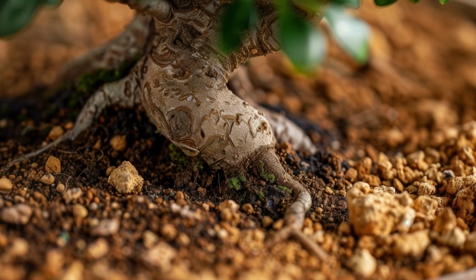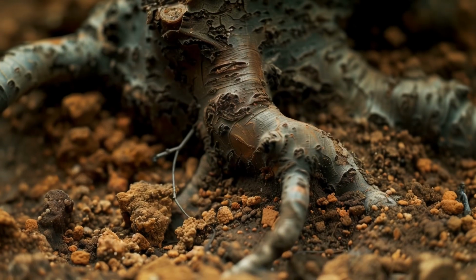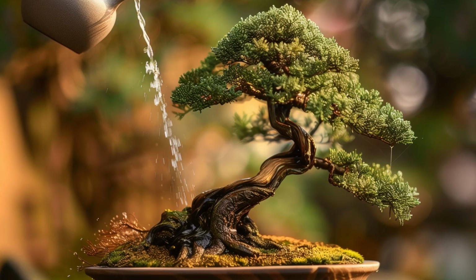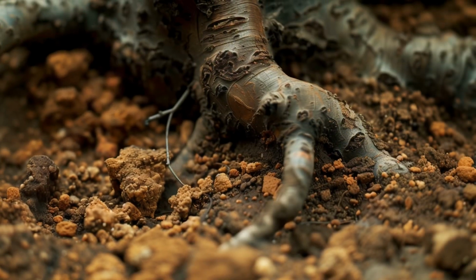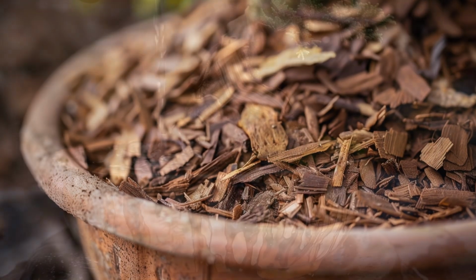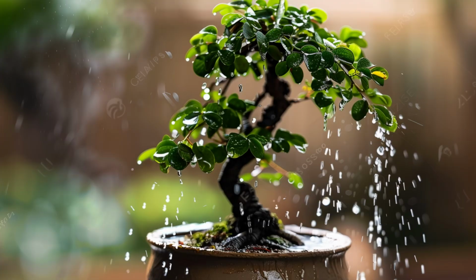Check the soil daily by touching the surface. If it feels dry, it's time to water. Make sure to water thoroughly, letting the water drain completely to avoid root rot. Using well-draining soil is critical to maintaining this balance. Remember, overwatering can be just as harmful as letting the soil dry out entirely, so find a rhythm that works